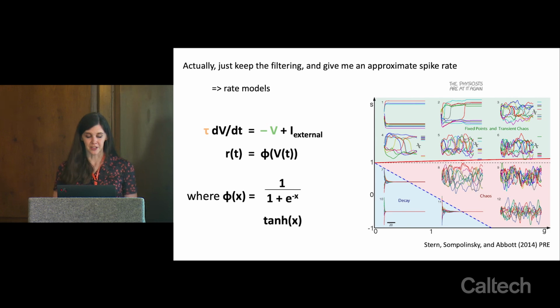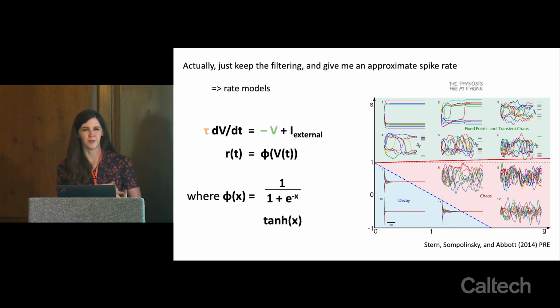You can also simplify things even further, and you can ignore the spiking mechanism altogether using a firing rate model. So again, input current should be scaled, but the membrane potential evolves the way it did before. And on top of that, you have a firing rate of the cell, which is a nonlinear transformation of your membrane potential. So this is saying whatever my membrane potential is, the higher it is, the higher my firing rate is going to be. And I'm just going to predict what that rate of spiking is as a function of the membrane potential. Spiking isn't going to reset the membrane potential. It's just going to keep track of how high the potential is.